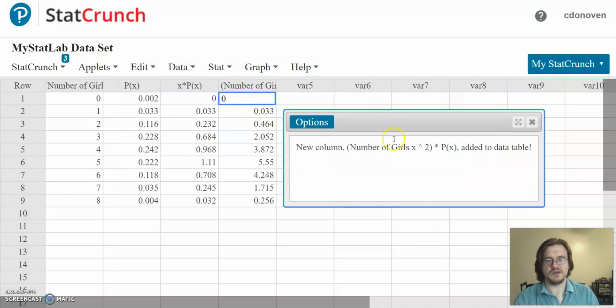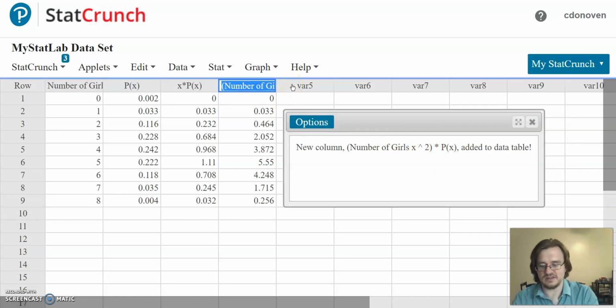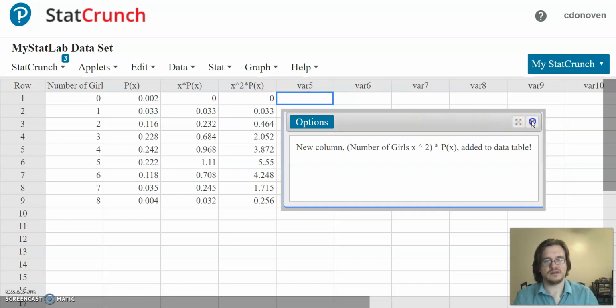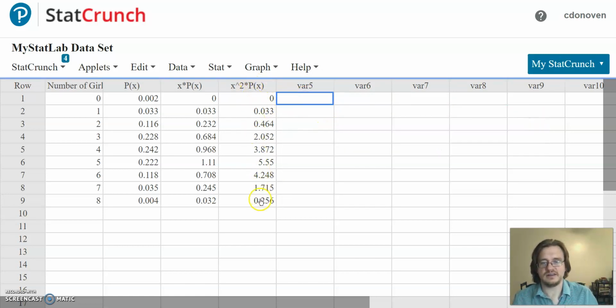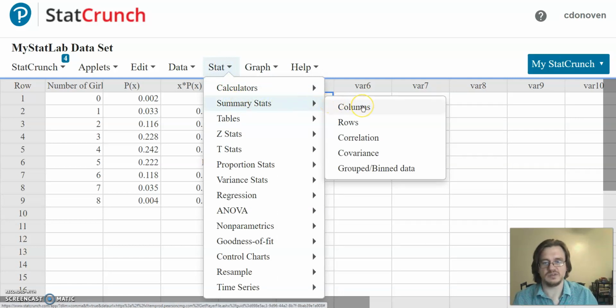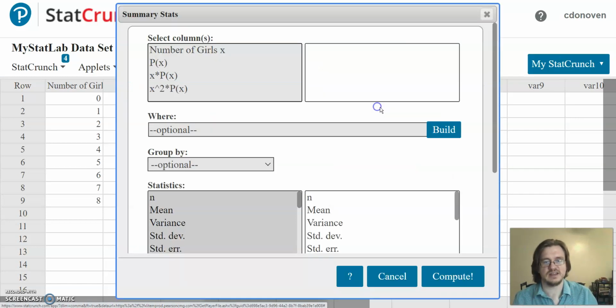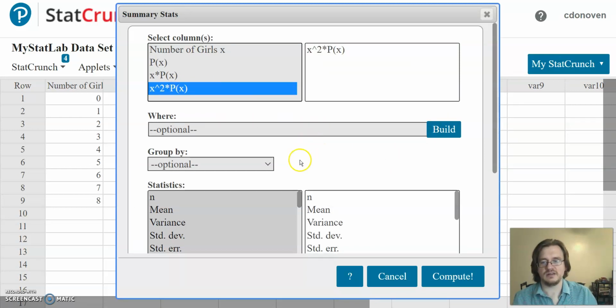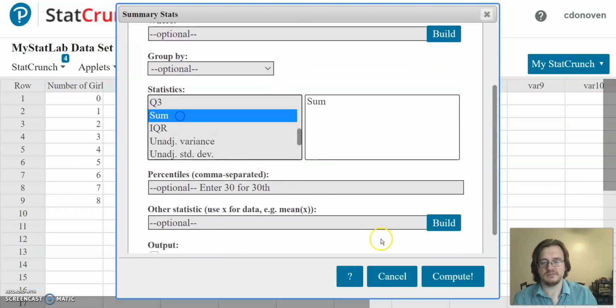So now I have a new column which is going to be x squared, so the number of girls squared, times the probability. And just to make it easier to read, I'll write this as x squared times p of x. Great. And the next thing that we'll want to do is sum this expression. So again, we'll come to stat, summary statistics, and then columns. And we'll take this column and we will find its sum,